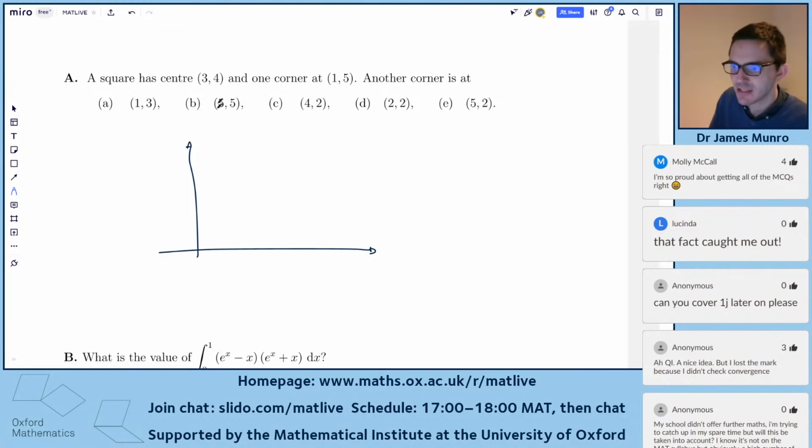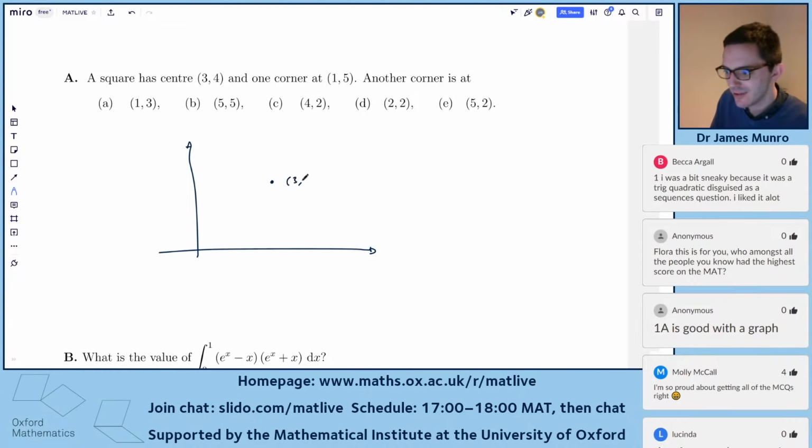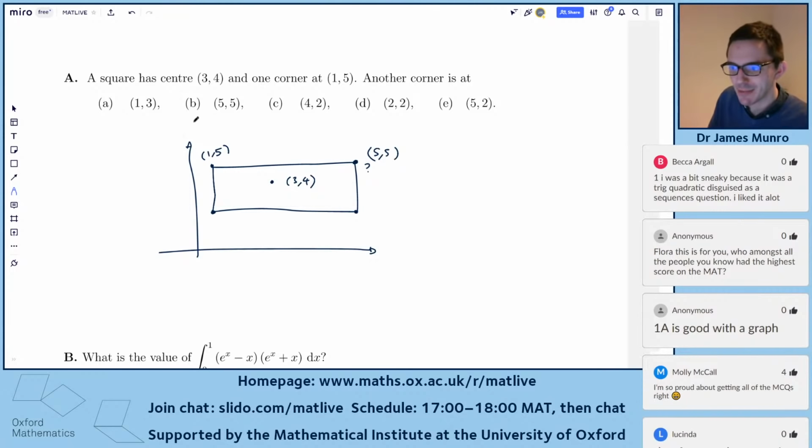So 1A talks about this square with centre 3, 4. I had a look at people's work, because you answer in the booklet, I've got people's actual submissions. People drew all these squares that look like 1, 5. Like this big square, and then picked up the other point, so 5, 5 over here. I think surprisingly many people picked B for this really long square. But this is not a square,